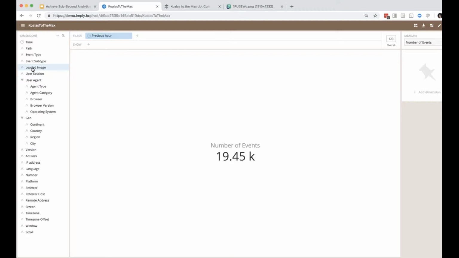On the left-hand side, I have all the dimensions that were available in that Kafka topic that Josh gave me. And Drew had figured out which were dimensions and which were measures, so I didn't have to make any specific changes to that, though you can. This is completely configurable. Even within the app itself, you can edit dimensions and add dimensions as you need to.